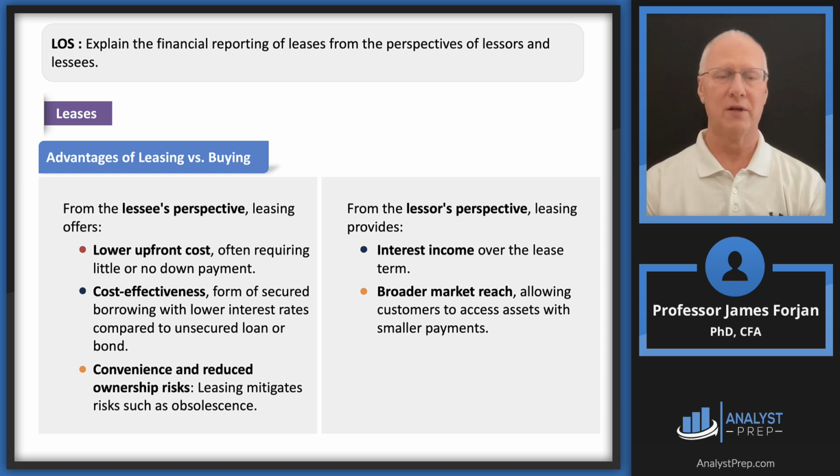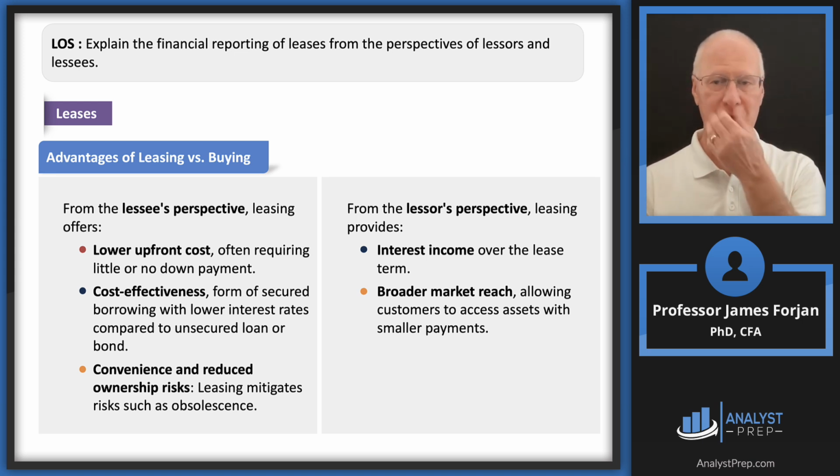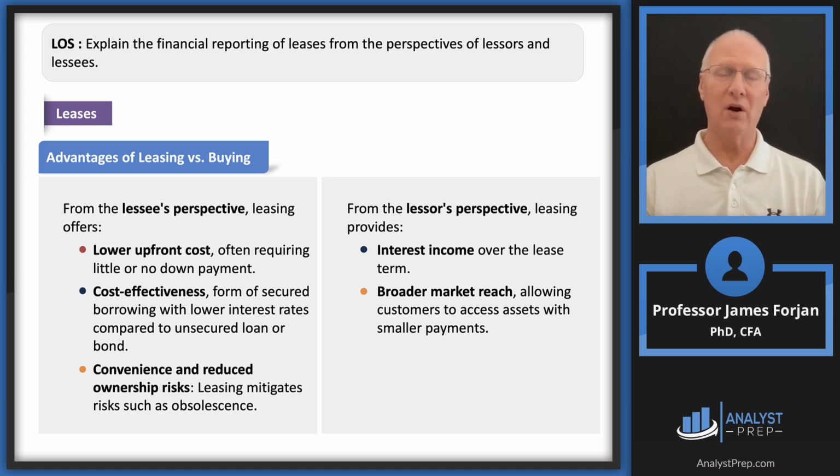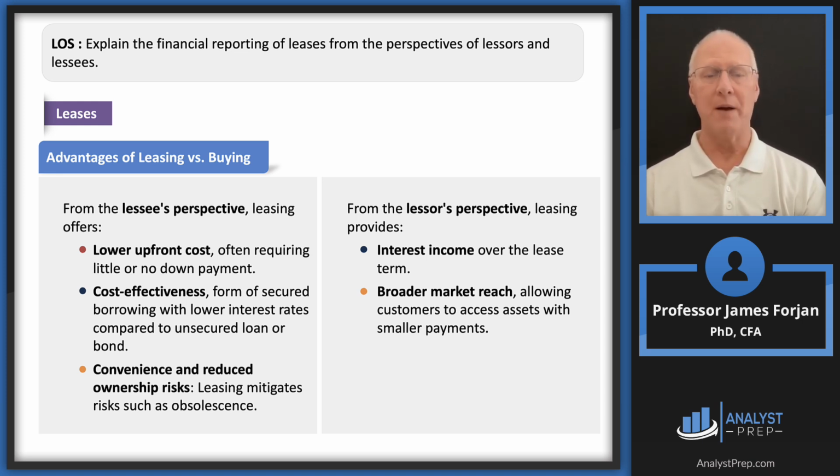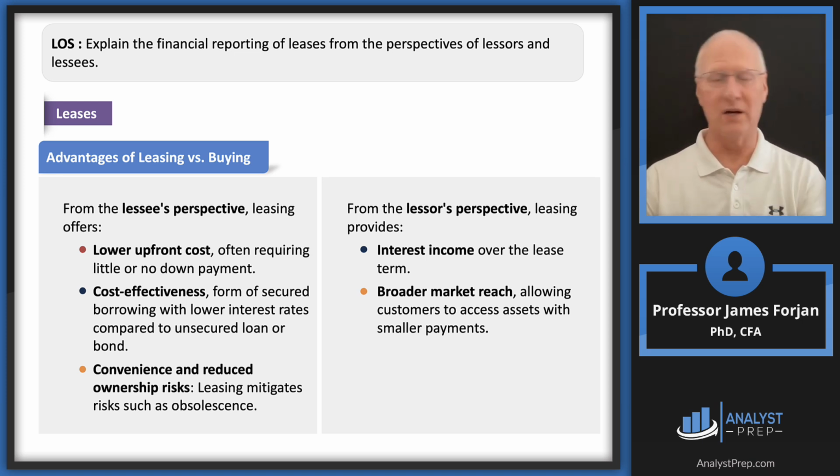So there's cost effectiveness. And then there's the idea of convenience, that you have the use of this asset, but you don't own it in the traditional sense of ownership of the asset. And so you can always send it back. So there's convenience. Now, the learning module tells you in a couple of sentences about obsolescence. If you own the asset, then you have to worry about it not being valuable after some time. If you have leased the asset, then you can always just send it back or trade it in for a better asset.